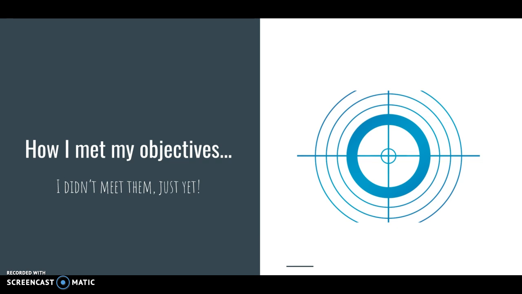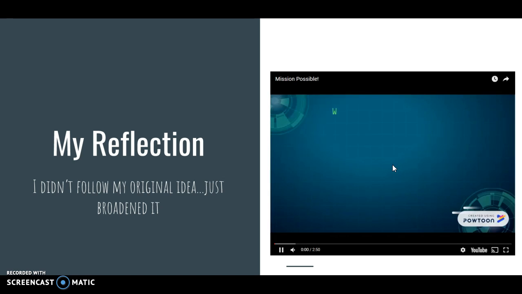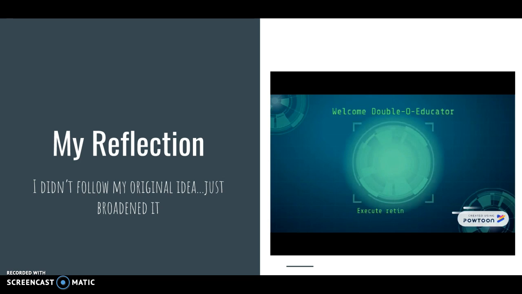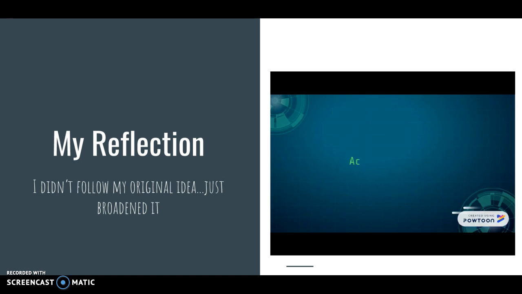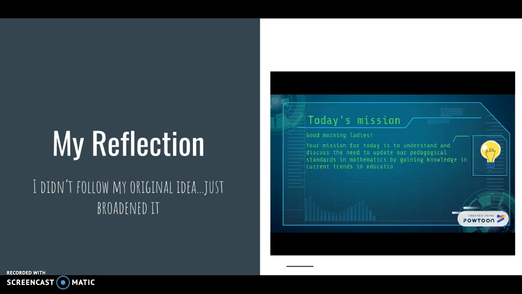But if I were to follow my outline when I do present it, I do believe the teachers would surpass the objectives. So for my overall reflection of the whole process, I didn't follow my original idea. I just kind of broadened it a little bit. I honestly didn't think this final project would come to this. I just wanted to get my class set up first, see how that goes, then communicate what I learned to the individuals in my team. However, collaboration is necessary, and after reading Chapter 1 of Teaching Digital Natives, I realized this needed to happen across many grade levels as soon as possible. I saw a need and I tried to resolve it.